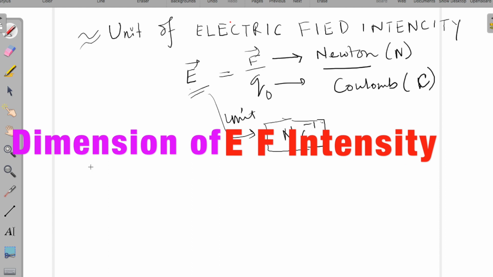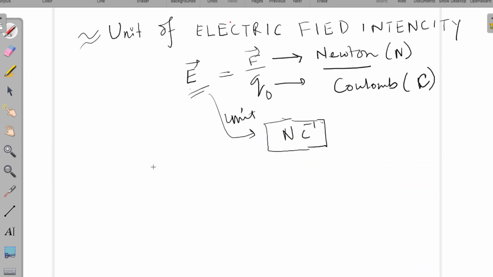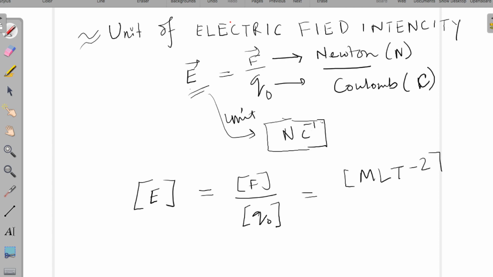So if we want to find the dimension of electric field intensity, then we can simply do the dimension of force divided by dimension of charge. As we all know, the dimension of force is equal to MLT to the power minus 2 over the dimension of the charge. Sometimes some students